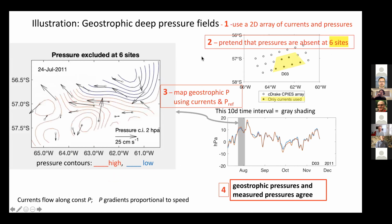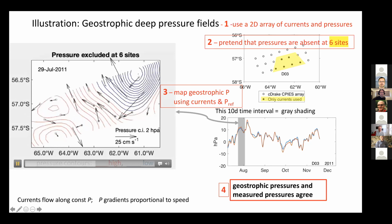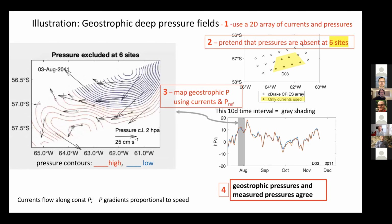So I used a 2-dimensional array of currents and pressures that we had in Drake Passage. They were out there for 4 years, and we pretend that the pressures were absent at 6 of these sites. And then we map the pressures geostrophically to the sites and compare with direct measurements. So this just gives a little 10-day clip of the 4 years of data, just to illustrate that